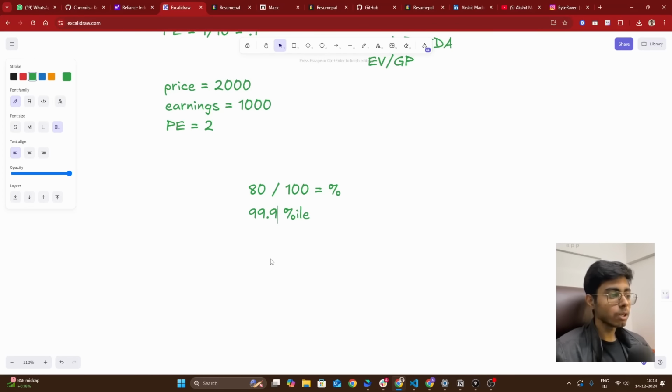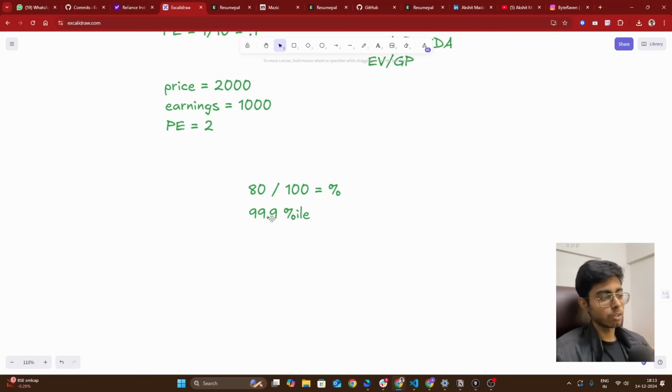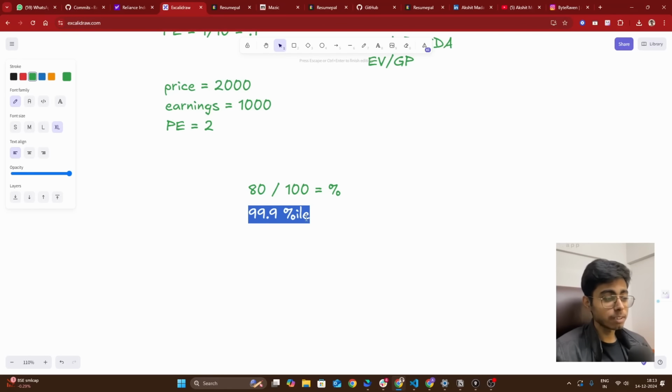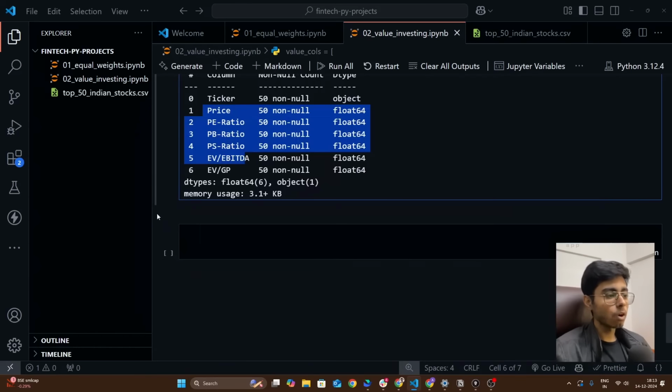That means you are the topper, right? Because you passed 99.9 people in your class, 99.9 students in your class. So you are super intelligent, right? So that's why we are going to take help of this percentile score, and for every column that we have